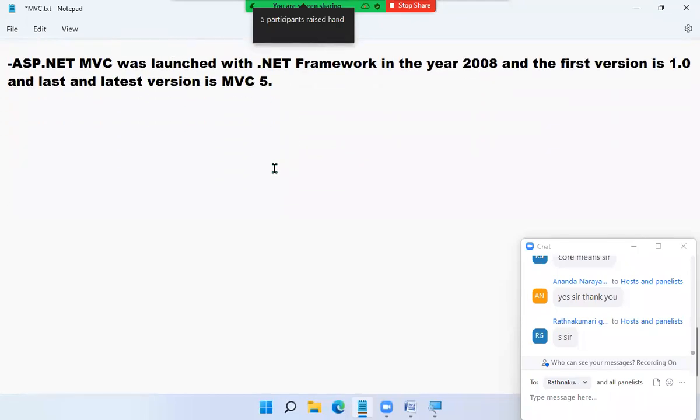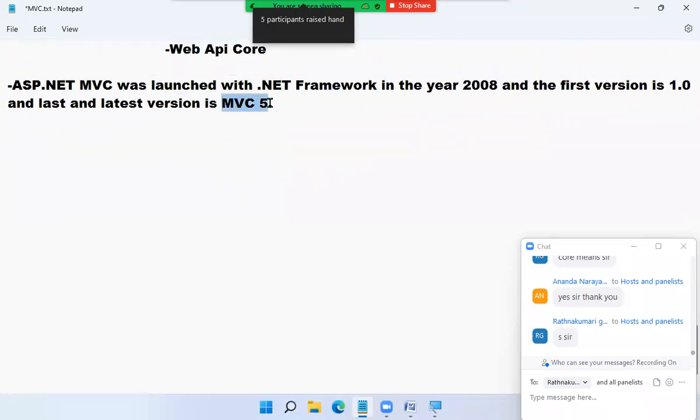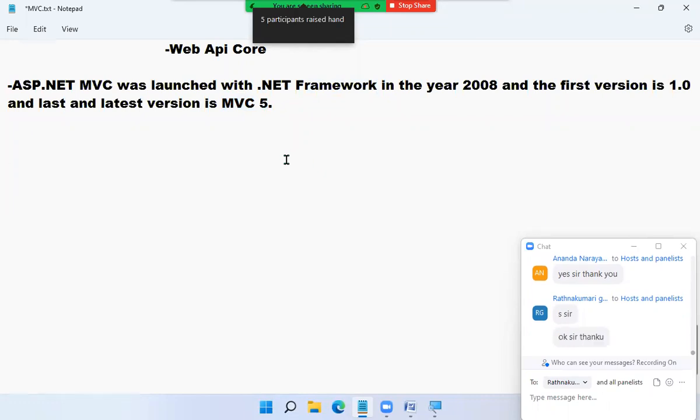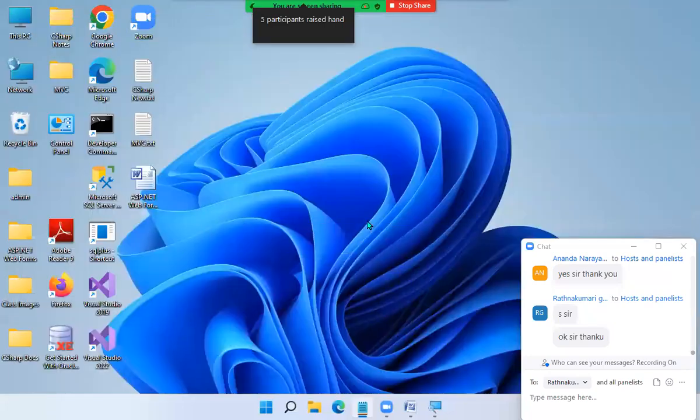Okay, fine. So let's start with MVC 5 first. I'm showing you this on the latest version of Visual Studio, Visual Studio 2022. If you have already installed Visual Studio 2022, no issues at all.